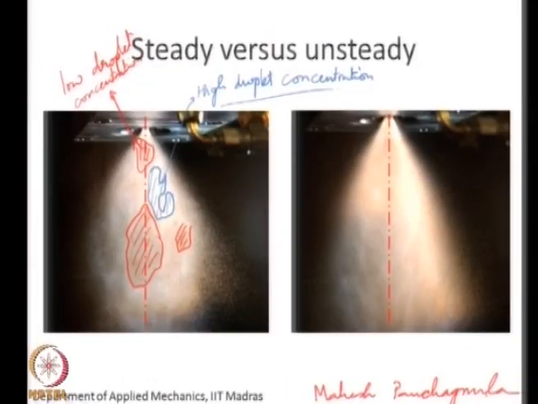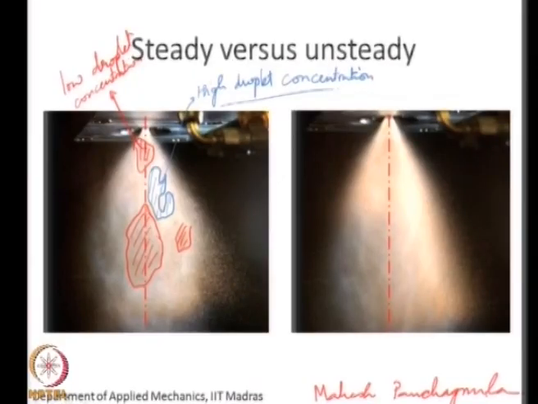So, these rich and lean regions in terms of fuel droplet concentration are a cause for concern. We want to see how to eliminate that, and the reason we call this unsteady is because if I took two snapshots, one immediately following the other, two instantaneous pictures, those two would look different in terms of these red and blue features. Whereas, if I took this second spray, which is relatively speaking more steady,